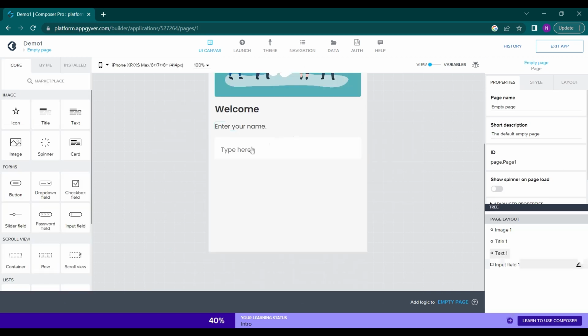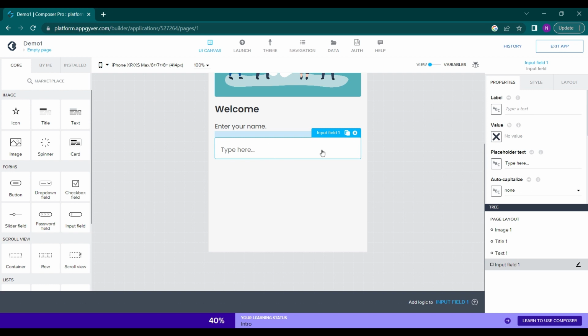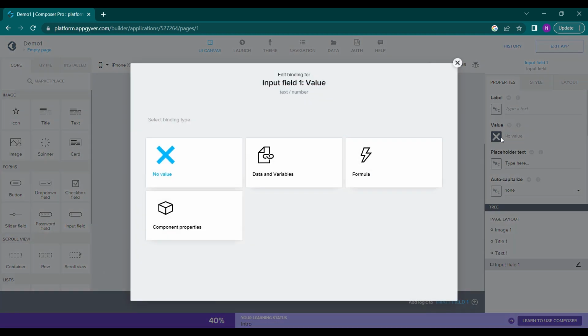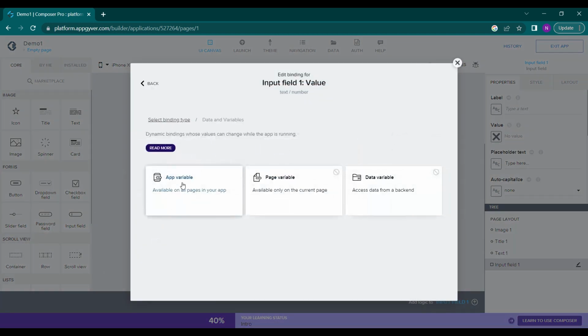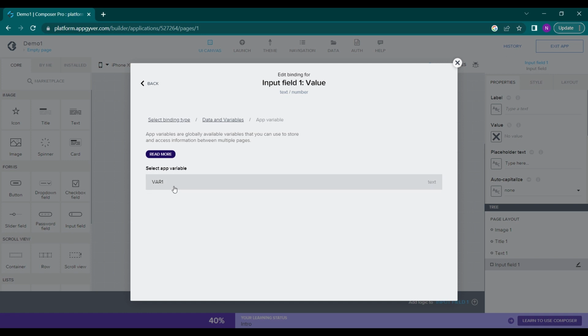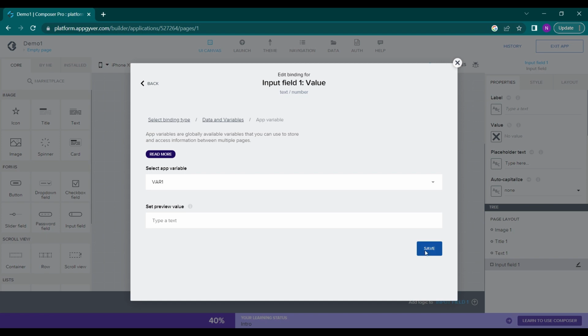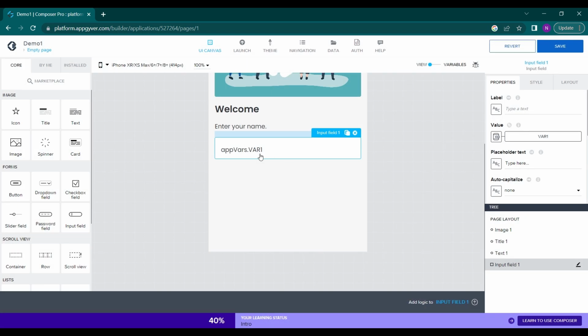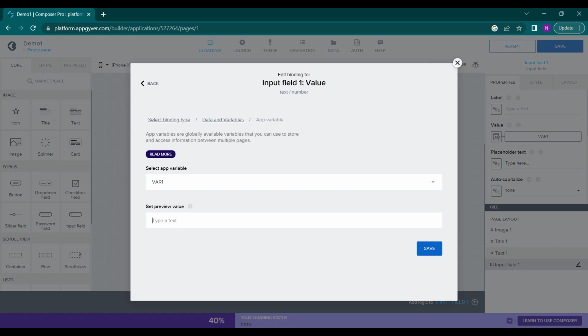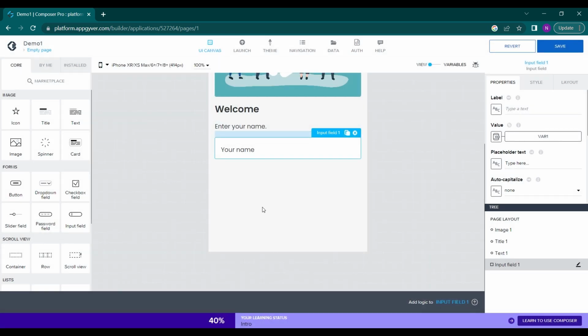And here in canvas, we will click the input field and set the value here to be a data variable. And we will click on app variable, and we have only one app variable created, so it will show me this one, and click on save. So now the data will be entered here. Now this is how it looks, and then click on save,